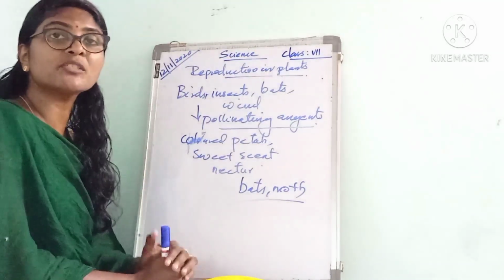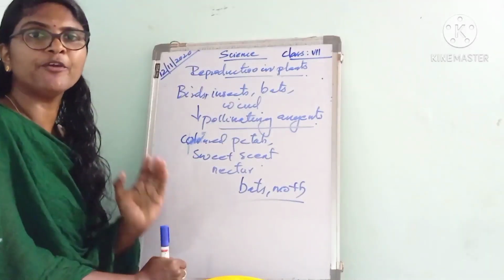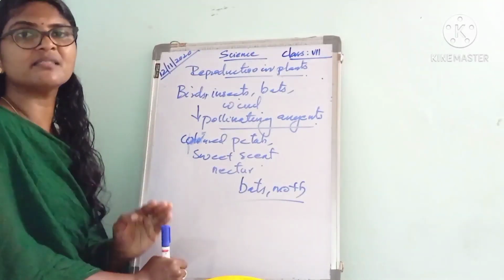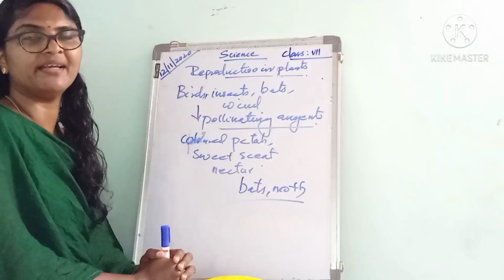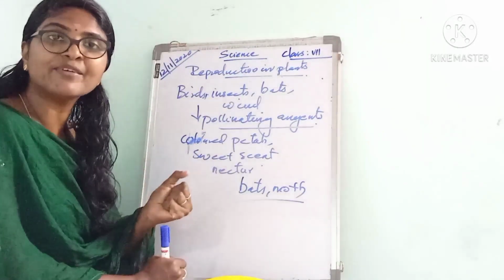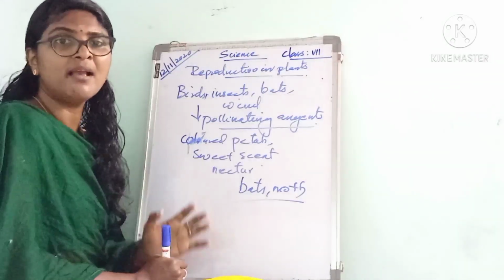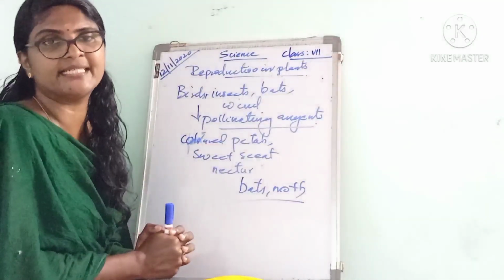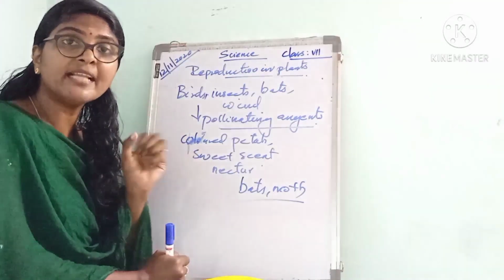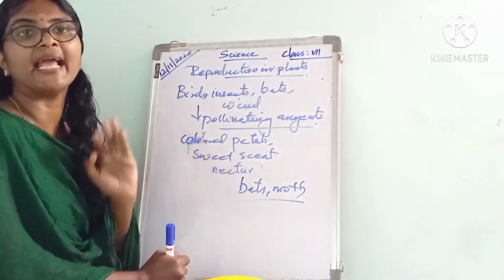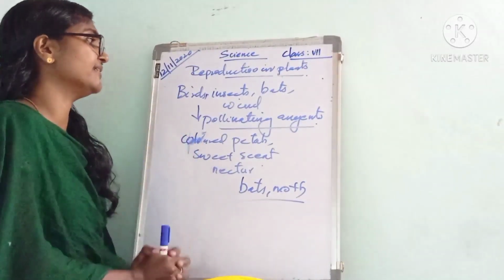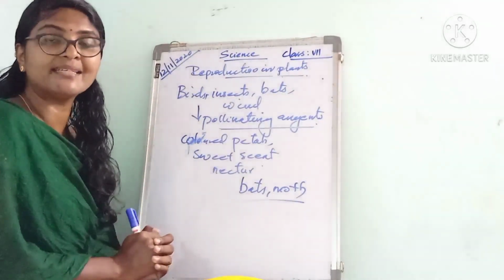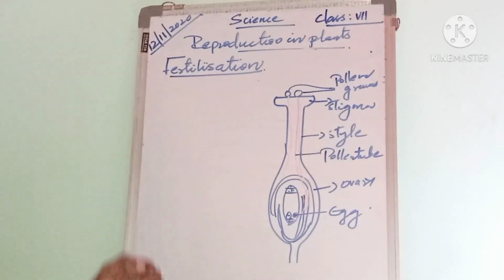Plants whose flowers are pollinated by wind produce many small flowers, usually in large clusters or groups. The wind-pollinated flowers such as those of grasses do not have colorful petals and do not produce nectar. They produce abundant pollen grains that are light and can be carried by wind. That is about pollinating agents such as birds, insects, bats and wind. Next, fertilization.